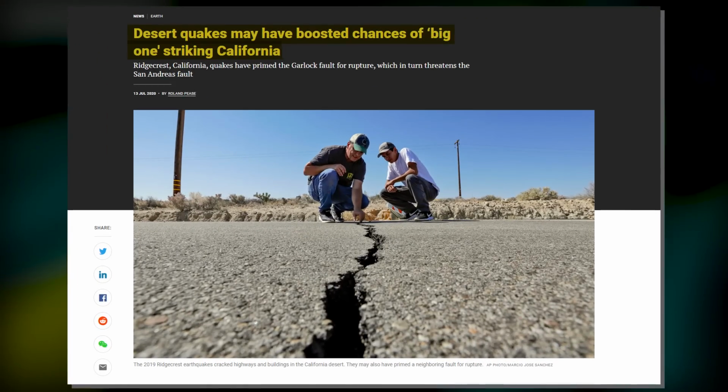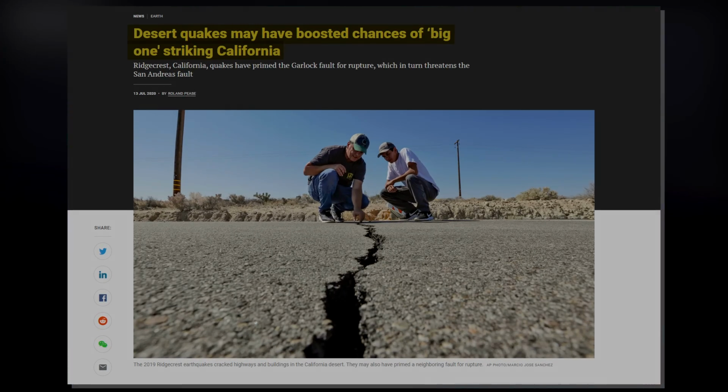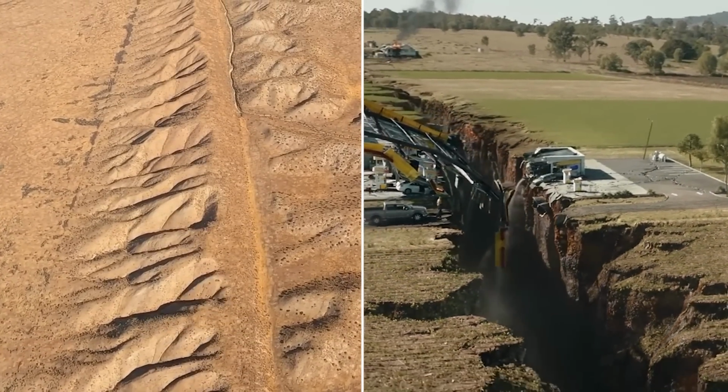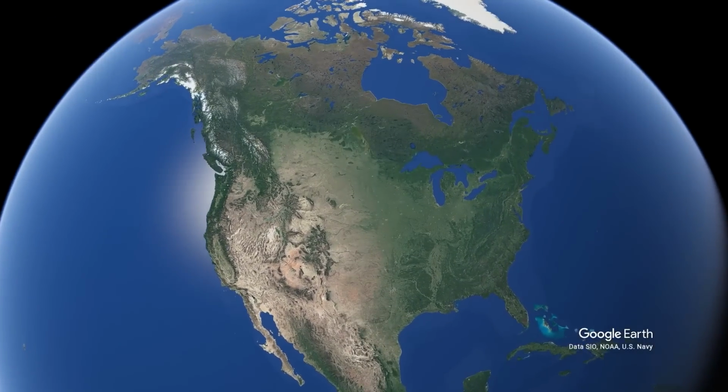It is rightfully considered the greatest threat faced by Southern California today. But how is that possible? To better understand this fault line and the danger it poses to unsuspecting Californians, first you need to find out a bit more about its geography. So what exactly is the San Andreas fault line?